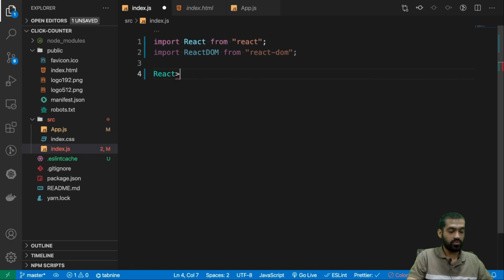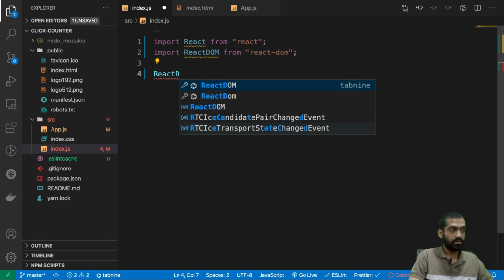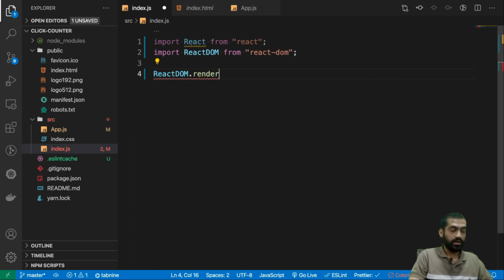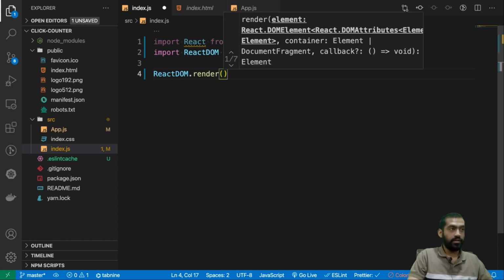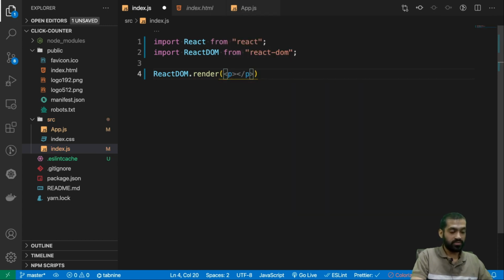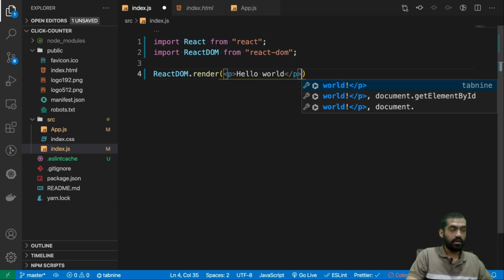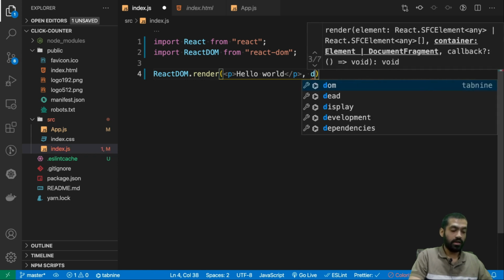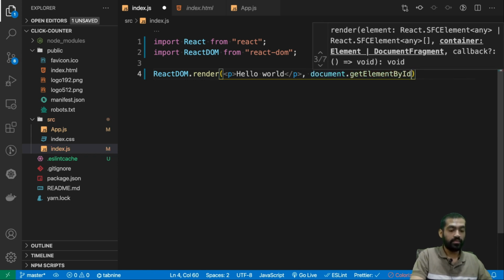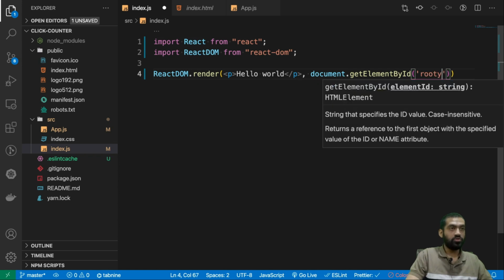Let's do ReactDOM.render, right? And then we pass a p tag with hello world, and document.getElementById. Let's do root.